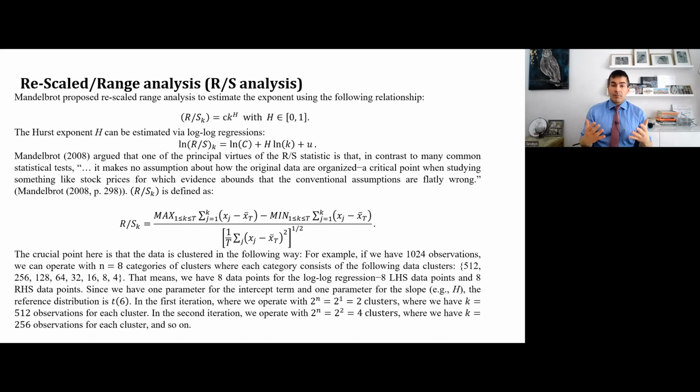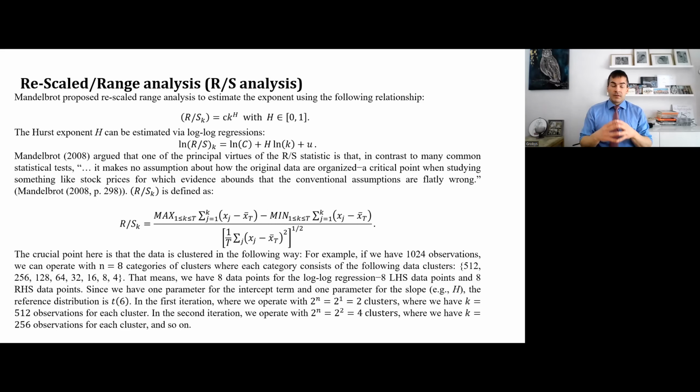So we have 8 data points for the log-log regression: 8 sample averages of this RS statistic given each cluster group K, and 8 data points on the right-hand side, because we have simply 8 different cluster group sizes, ranging from 512 until 4. Since we have one parameter for the intercept term and one parameter for the slope in the log-log regression, the C and the H, the reference distribution is a t-distribution with 6 degrees of freedom, which is